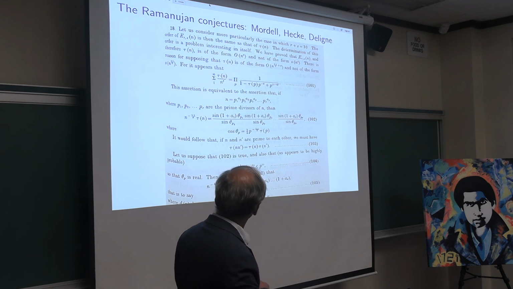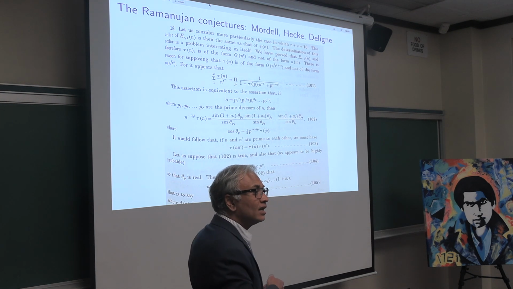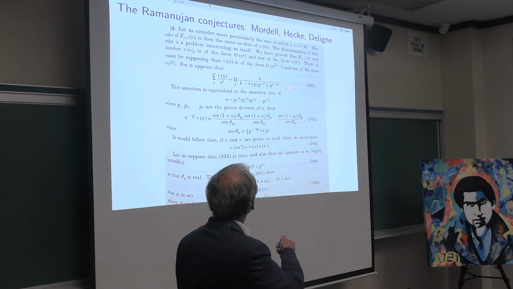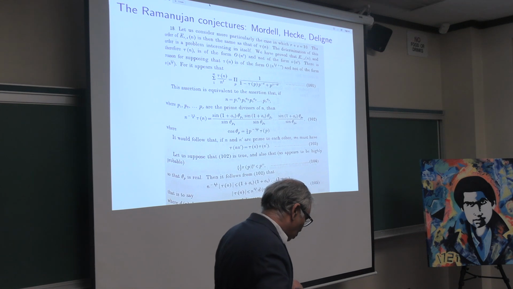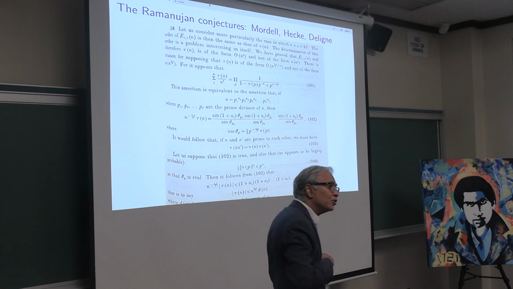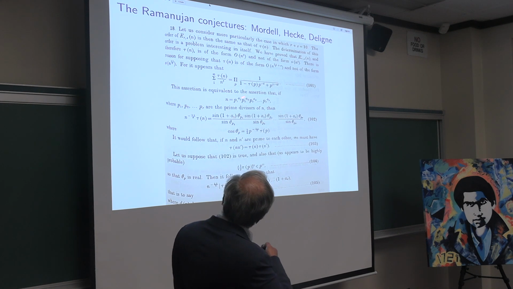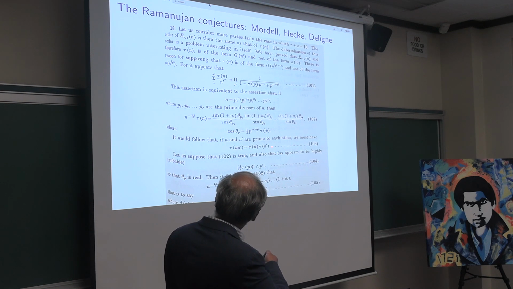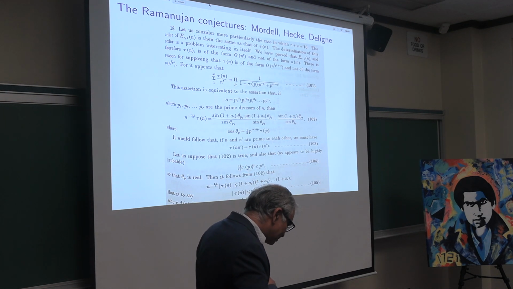in its formulation. So this function tau n, he forms a series with this, which is kind of like this series for the Riemann zeta function. And he conjectures that it has a product representation like the Euler product for the Riemann zeta function. It's completely unclear why he was doing it or how he was inspired to do this, because nobody else was doing it at that time. And so this is a conjectural expression. The conjecture is that these coefficients have an interesting multiplicative property, which is not at all obvious from the expression that you start out with.